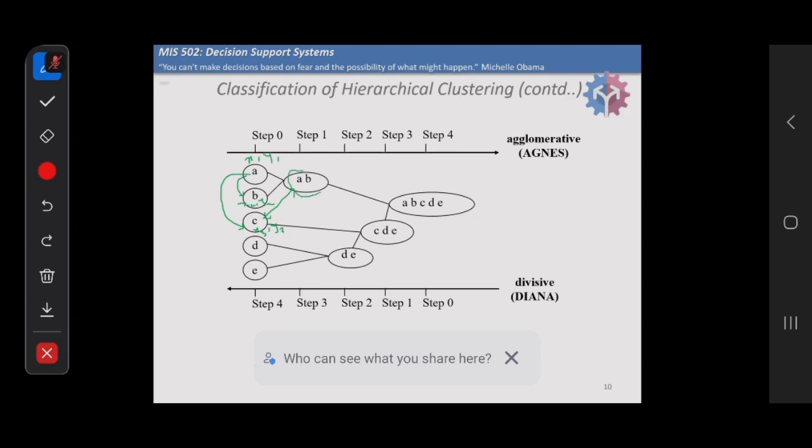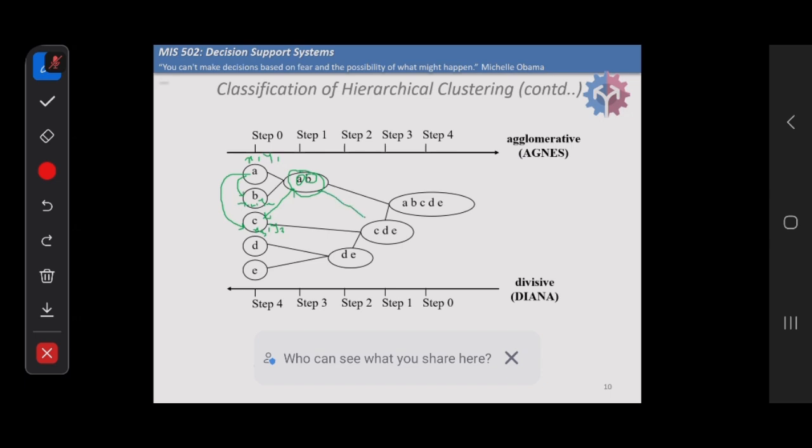Do you understand my problem here? How do you calculate distance? Within this cluster there are two points. So which one would you use? Would you use x1, x2, or x1, y1, or x2, y2? Which one would you use? You understand the problem. So this is where hierarchical clustering is slightly different